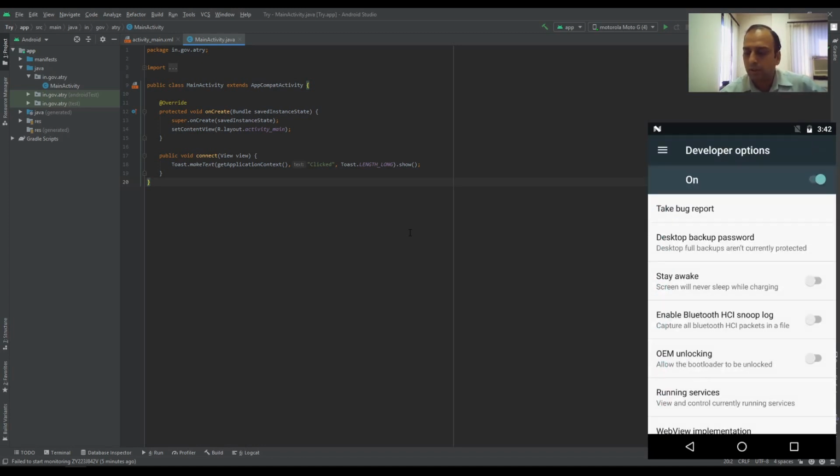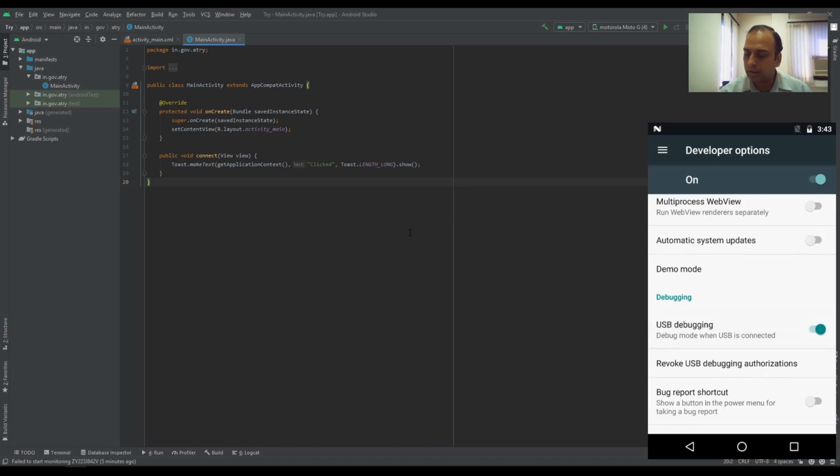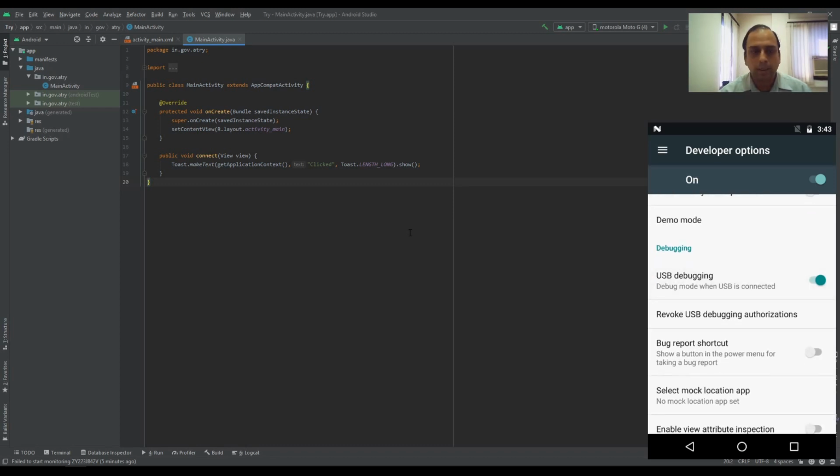By default the developer options are switched off. You have to switch it on. I am not switching it off now, because if I switch it off, you will not be able to see my mobile screen. And in that, can you see here, it is the USB debugging which you have to enable. When you enable USB debugging, it will give you a warning that your mobile can be used for viewing the files, installing the APKs and logging the data over the USB cable.